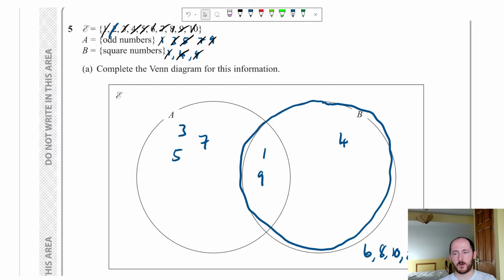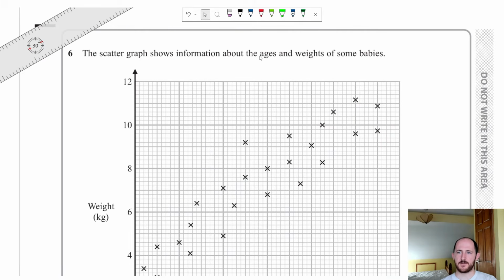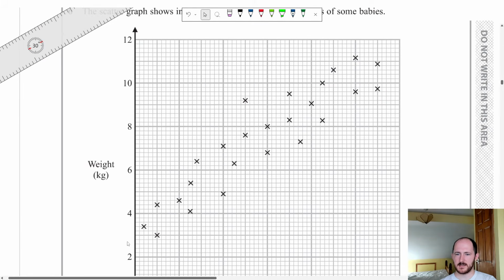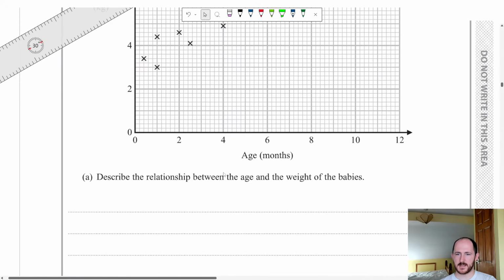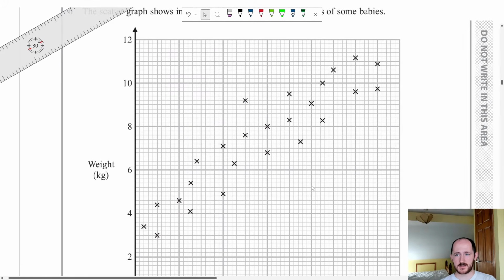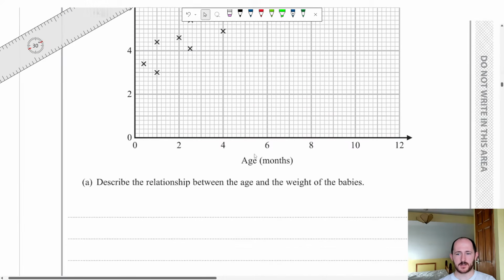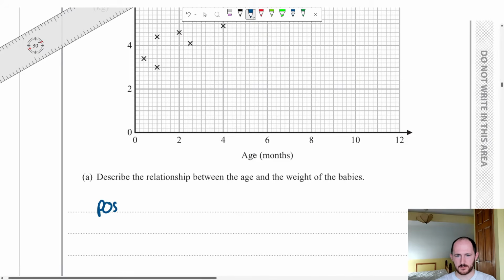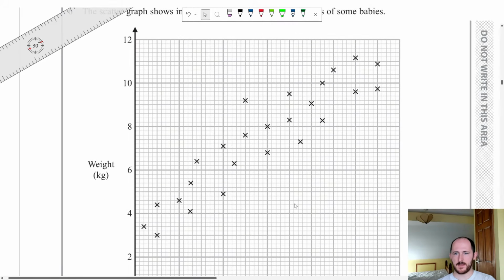Quite nice. Quite easy. The scatter graph shows information about the ages and weights of some babies. And we get this kind of upwards trend. Perfect. And it says describe the relationship between the age and the weight of the babies. Now there's a bunch of different things you can say, but in my opinion the simplest, the shortest thing to say is if it's going up and to the right, you just say positive correlation. If it's going down and to the left, so it's going this way, you would have a negative correlation, and if they're just randomly put, then you say